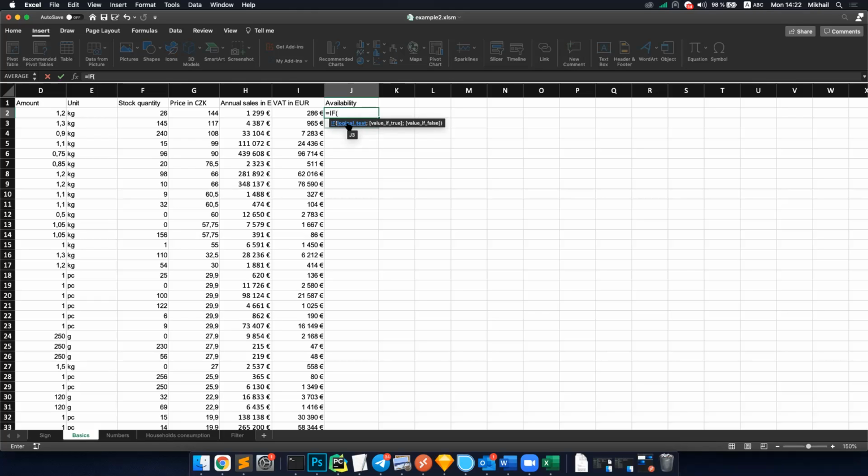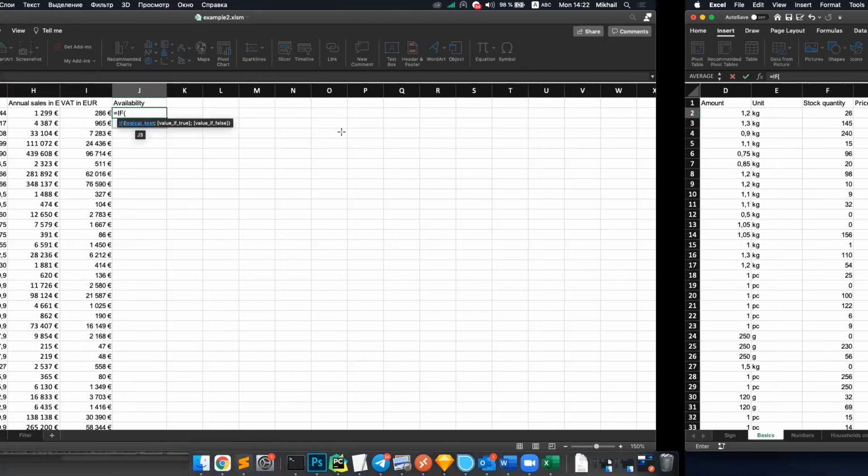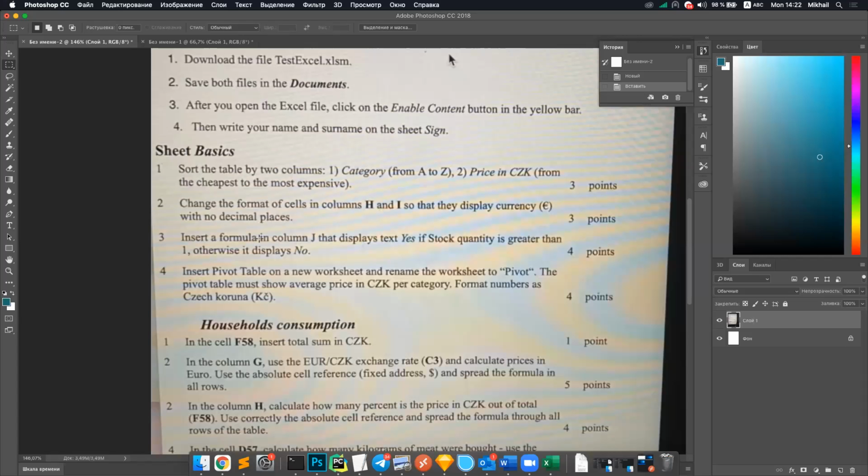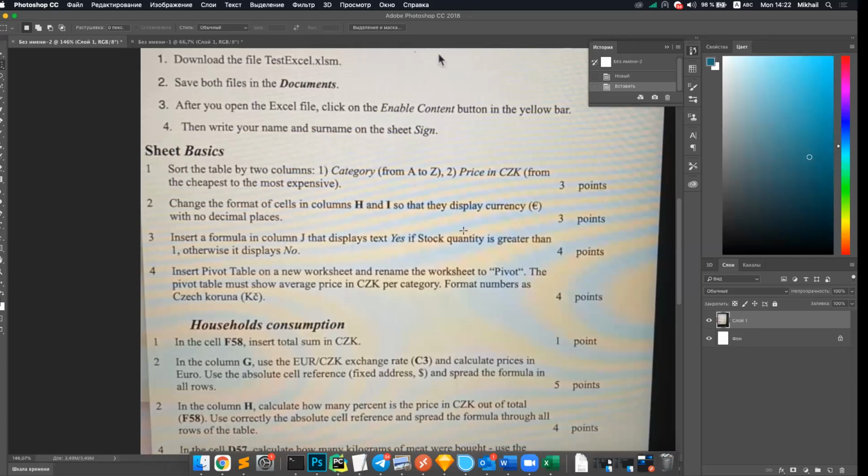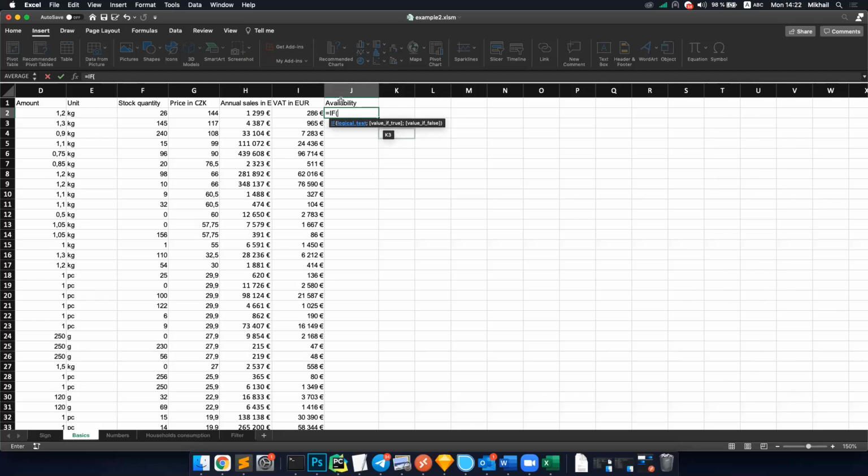So here it says logical test. What we need is to compare. Right now it says insert formula in column G. Display text yes if stock quantity is greater than 1. So then if stock quantity, we just select in this column the box, if it's bigger than 1,